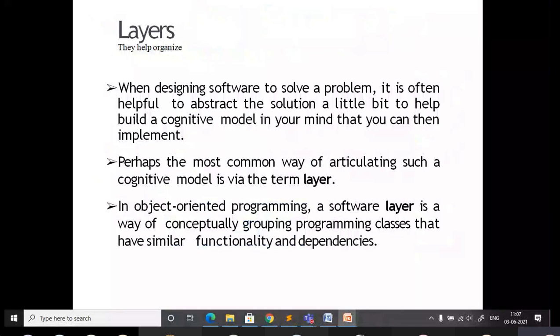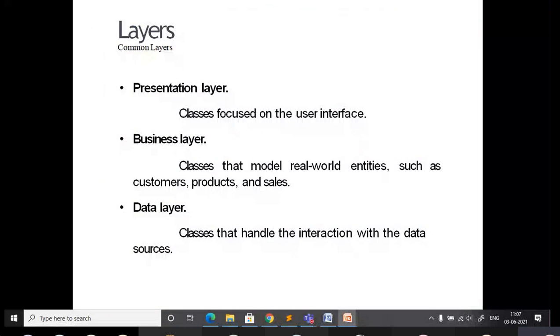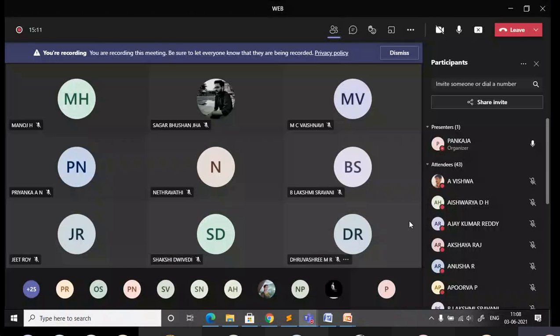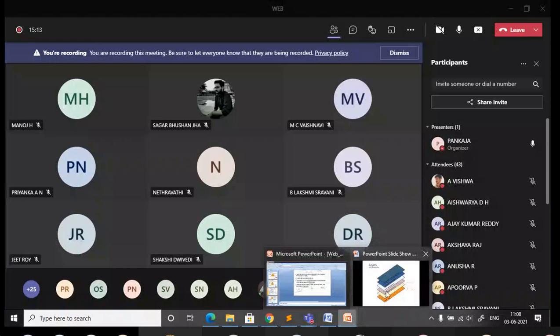Yesterday we were discussing the layers of JavaScript, where we discussed the presentation layer, business layer, and also the data layer. This is how the layers are aligned. Whatever concept we are discussing now is a basic concept of JavaScript.